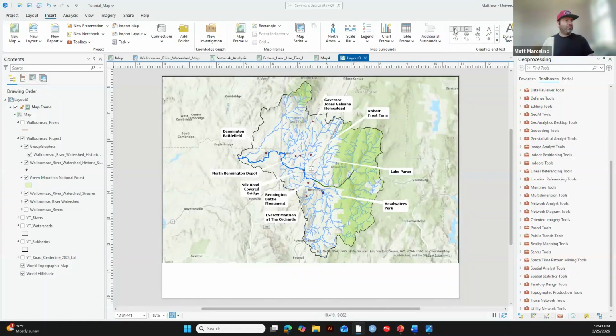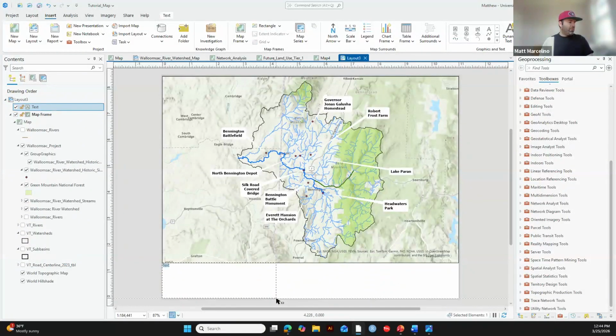So you can click on one of these text boxes up here and do the same exact thing where you are dragging a box out and then you can type your text in here. So we can say Woolloomsac River Watershed Historic Sites